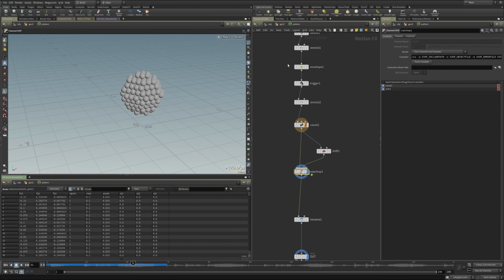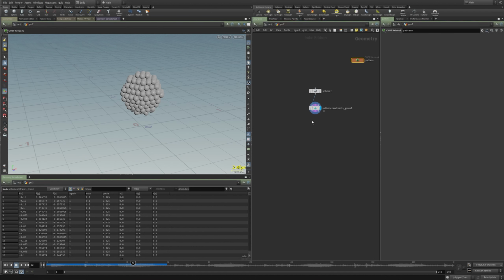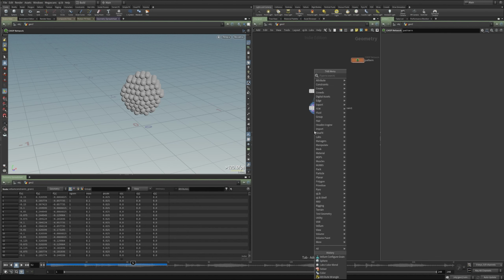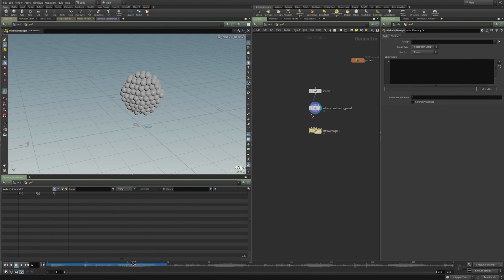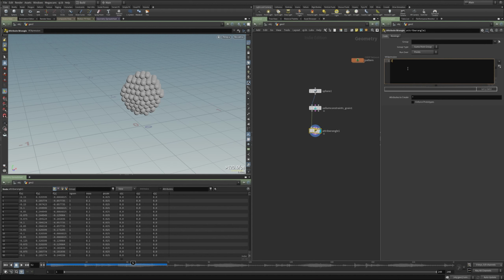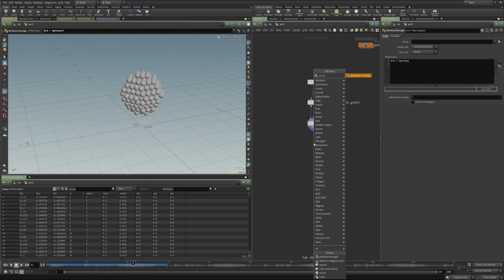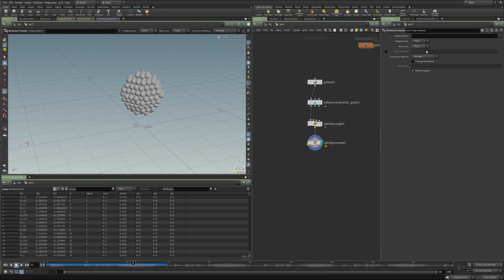So let's go ahead and make this a bit more procedural. We're going to do the same thing here. We're going to say that @id equals @ptnum. Okay, so now we have an ID, and what I want to do is do an attribute promote. My detail, and this is going to be ID.